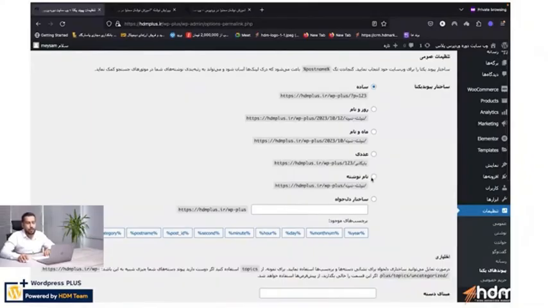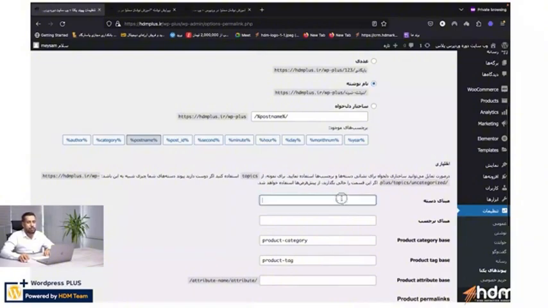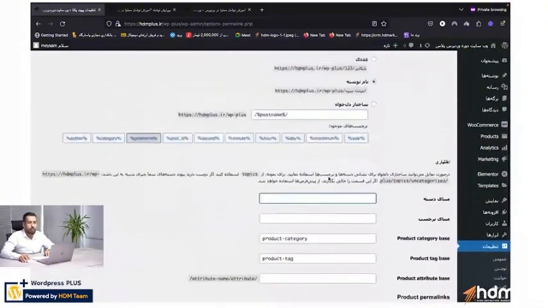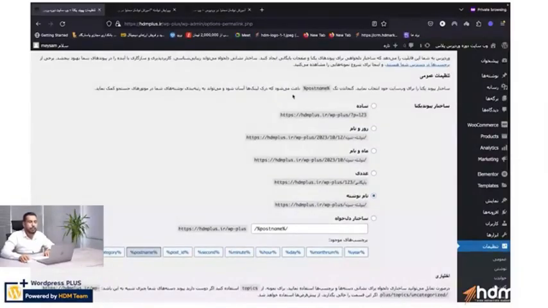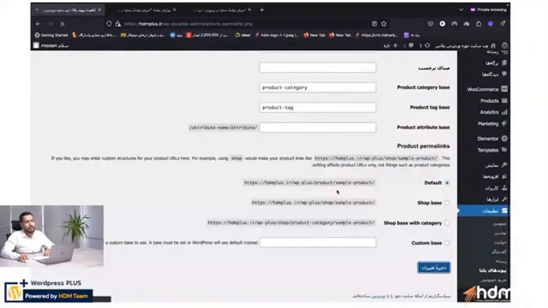We usually set it to post name, and we can also apply some specific settings ourselves to determine how it should be displayed. But typically, we set it to post name. and define the category or tag, but we don't deal with the rest because it's related to WooCommerce. And in this section, we ensure that the permalink is activated on post name. When I activate this setting,